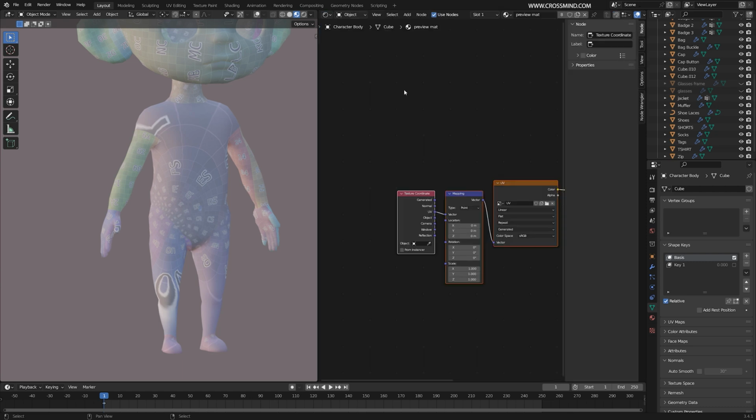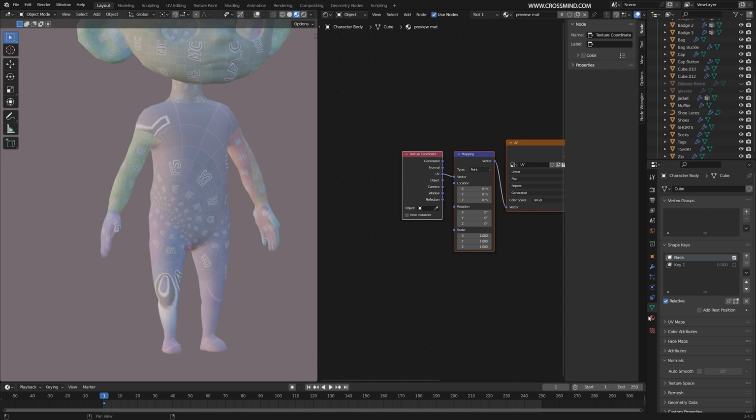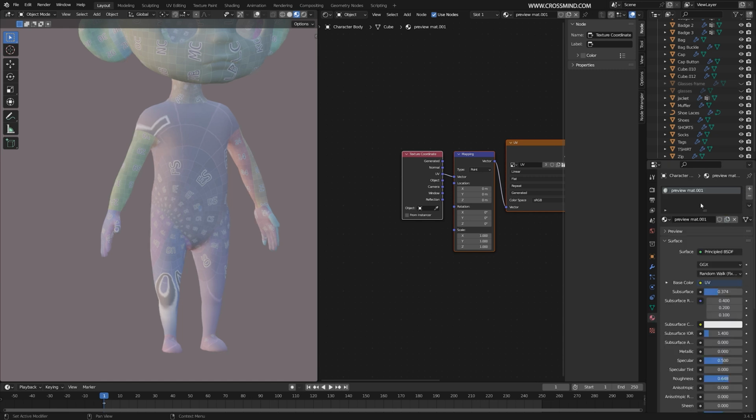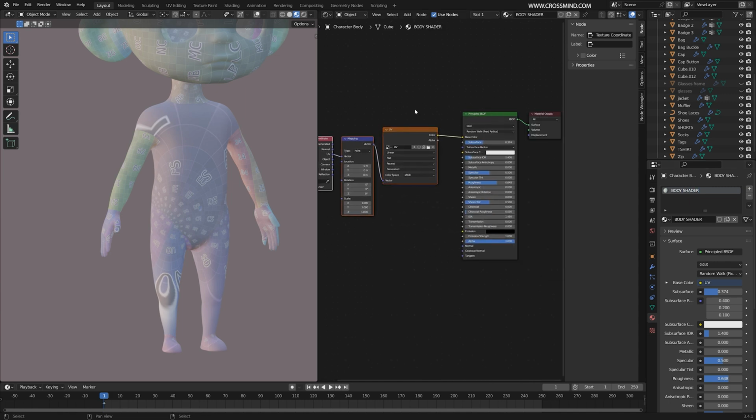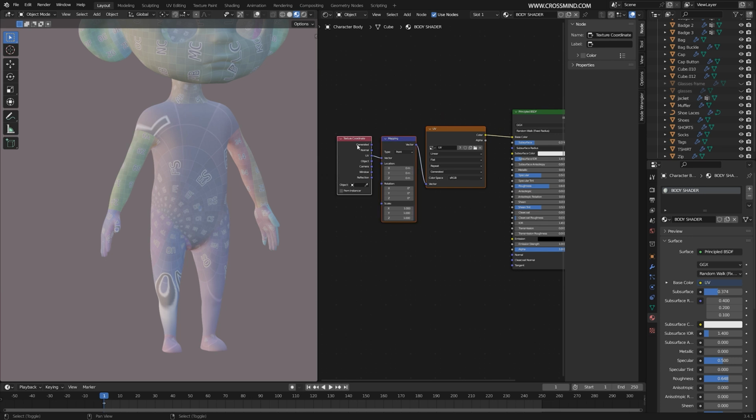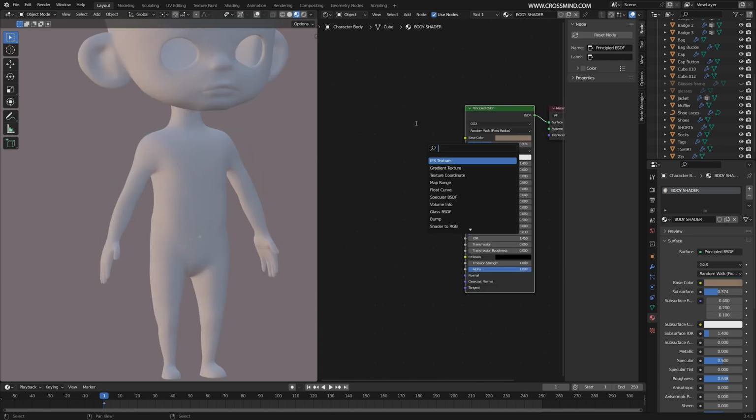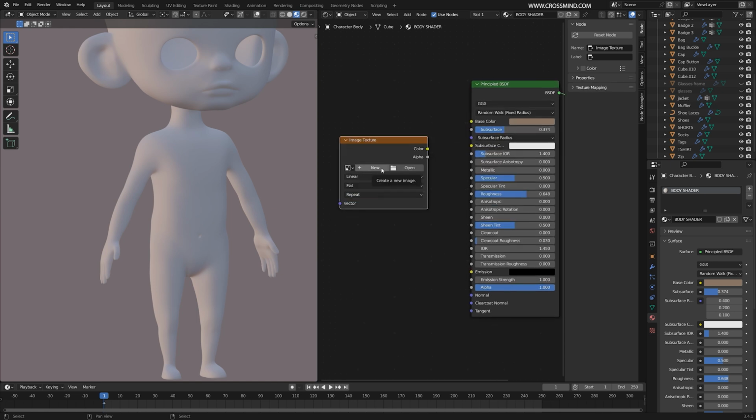In the shader editor, I'm just going to duplicate this material and call this body shader. And now in the body shader, I'm just going to get rid of this whole thing. Now here we are going to create one new image texture, and in this new image texture we are going to click on new. Let's call this one face and click on tiled. This will make it a UDIM. So instead of one UV tile, we'll now have multiple UV tiles. I'm going to bring color grid. As of now, we can paint over it later on.